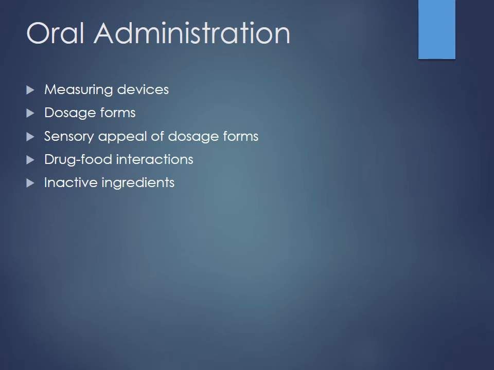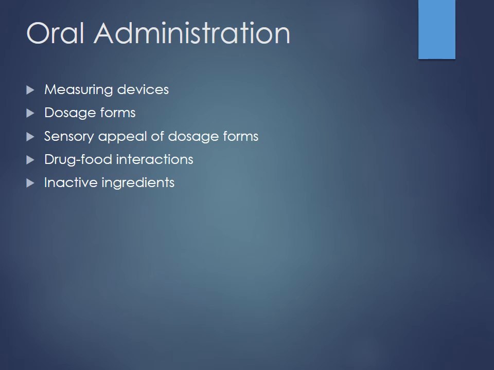Other things to consider, drug-food interactions. Obviously kids have to eat, so you have to look at things like, from giving them a fluoroquinolone or a macrolide, are they drinking milk that can bind up with it? Are they taking other things that can potentially lead to less absorption of the drug? So consider those things. And then inactive ingredients can be another big thing to worry about. One, looking at dyes, right? If there are certain red dyes kids might have more propensity to be allergic to, you have to make sure you find things that are compatible with those patients. So, for instance, we carry dye-free Tylenol at Nemours because there are certain kids who have allergies and cannot receive